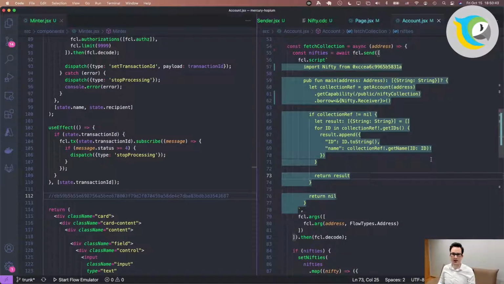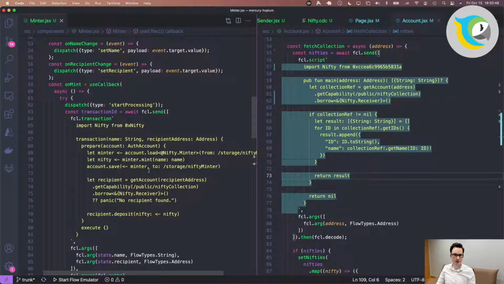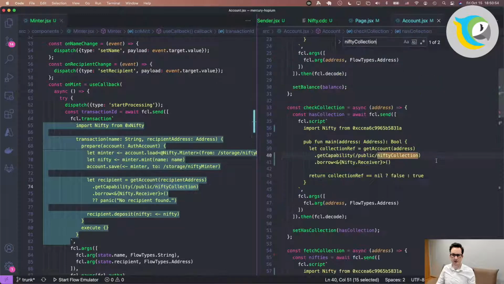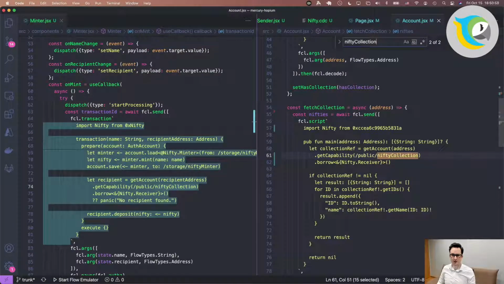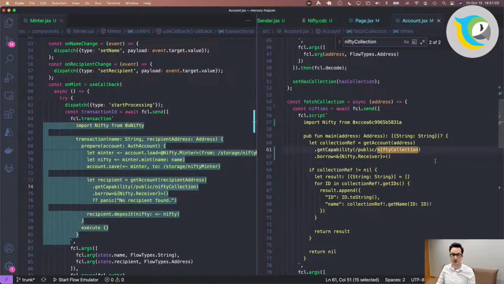But it seems like, let's check out our minter component. So we went ahead and minted that and stored it in the nifty collection, which has collection and then nifty's. Okay, so fetch collection is using the same address. I believe it should work.